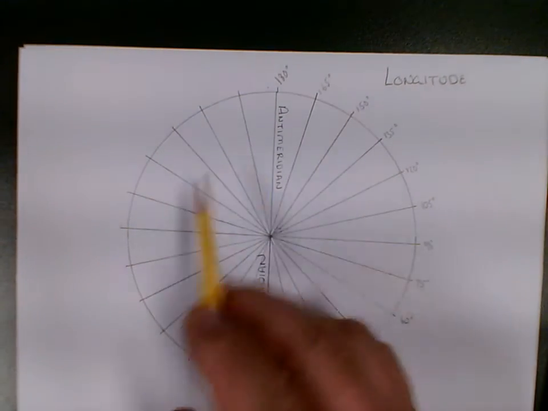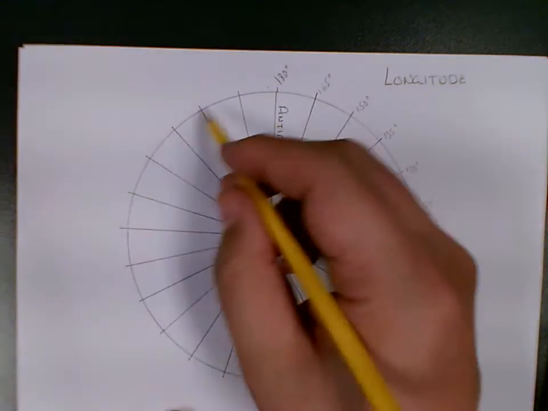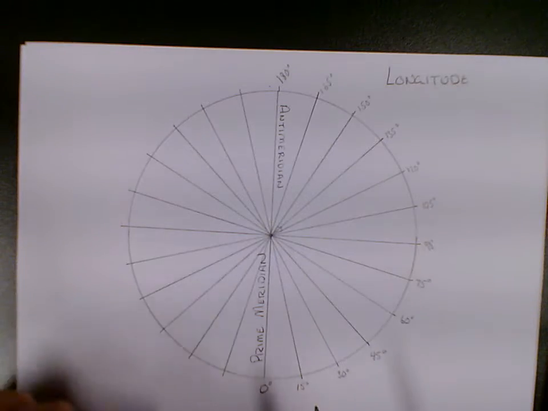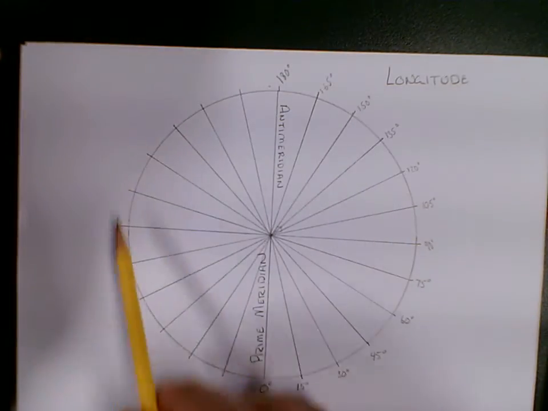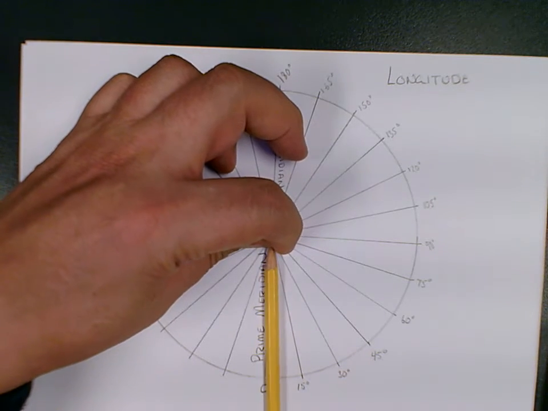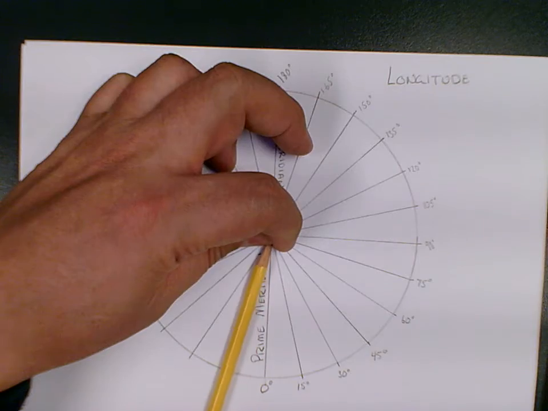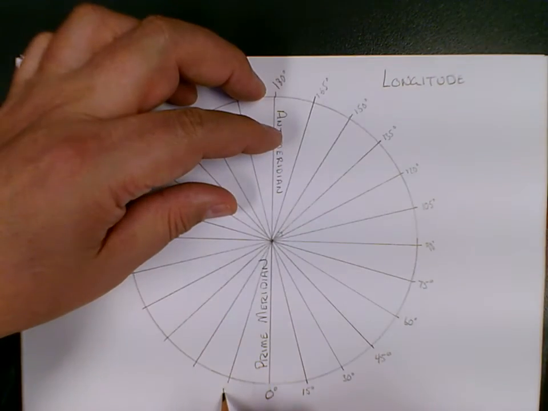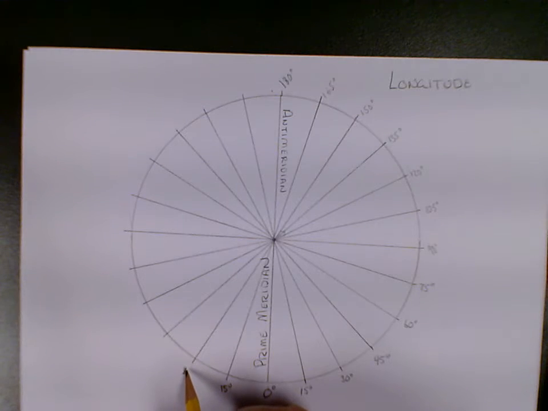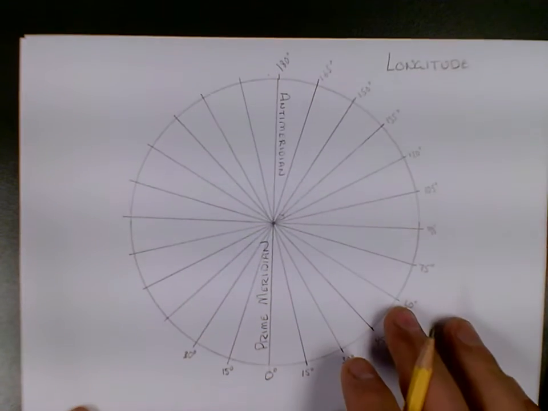All right, so I've drawn all my meridians. Now I need to label the other side. So again, I'm going to start from the prime meridian. We know that the interval is 15. If I measure this way, that's 15 degrees. So is this. This is also 15 degrees. So I'm going to label this 15 degrees. And again, they're going by an interval of 15, so this is going to be 30. We're always measuring from the prime meridian